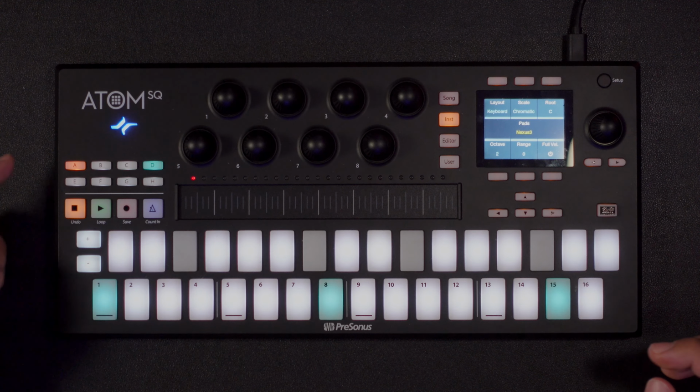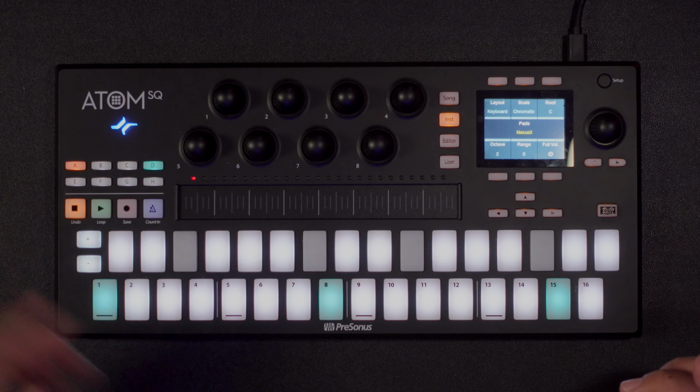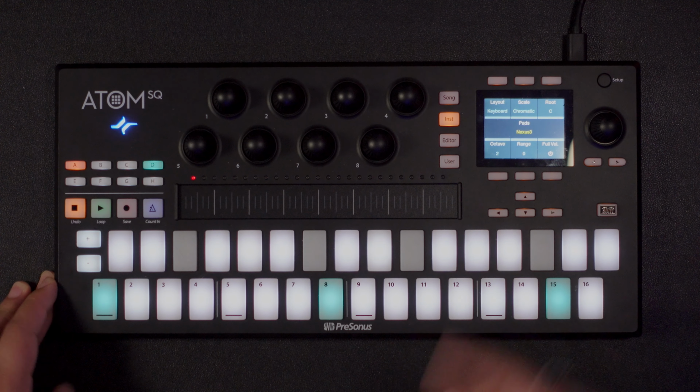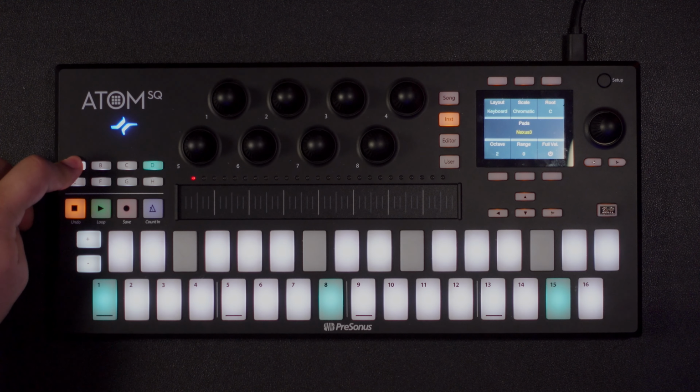If you notice, the A button is always orange here, and that's because rather than being used for changing octaves, it is actually used as a sustain pedal. So if you take a look here, that's without sustain, and if I hold down the A button,